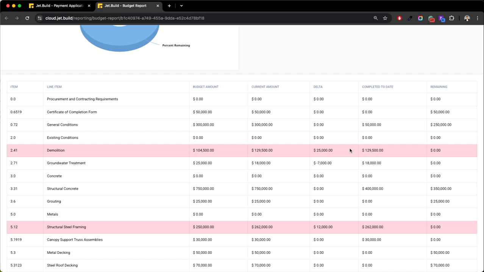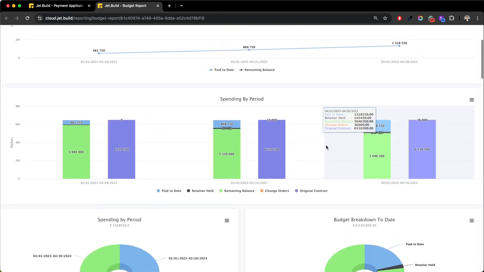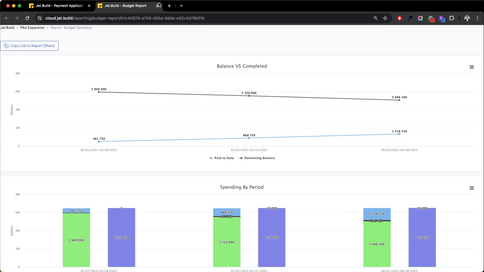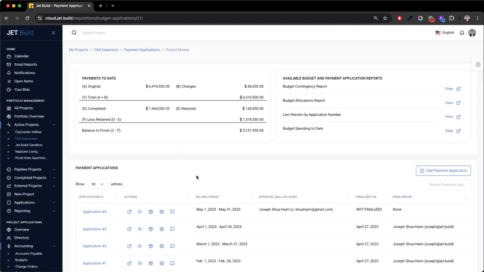And the only way you can be over a committed amount on Jet.Build is if you've approved a change order against this line item or if you've reallocated a contingency. So really hard to, I mean, it's near impossible to make a mistake where you'll be over a line item because you would have to have gone through the PCO process and approvals in order for you to exceed a